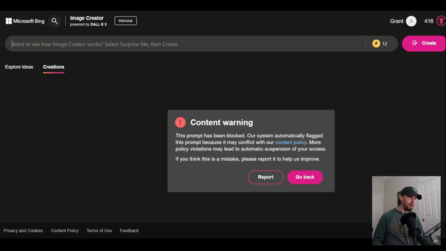It gives me a content warning and the prompt has been blocked, I assume because it's worried about people making stereotypical images based on Mexican culture and their food and stuff like that. So I've tried all sorts of prompts and it's not working, so we're gonna have to skip over this one, unfortunately. So next, let's do Toby Keith, and we're gonna recreate that cell phone line minutes commercial or whatever it was that he did in the year 2000.